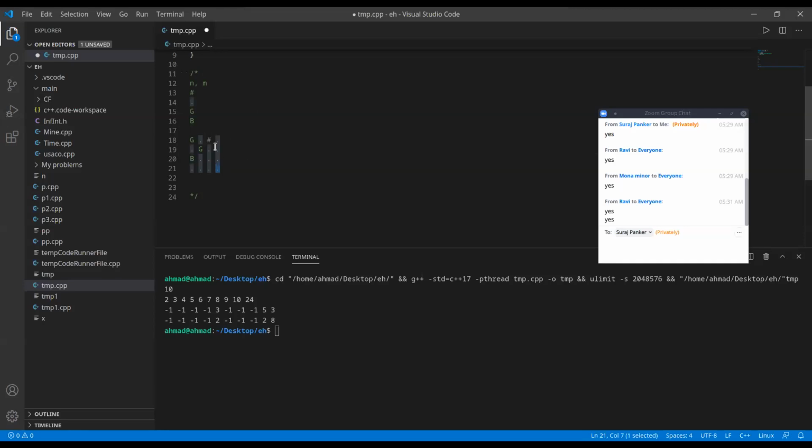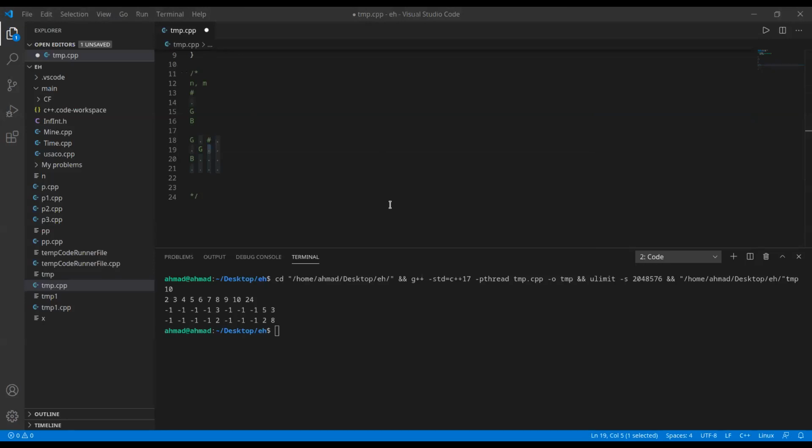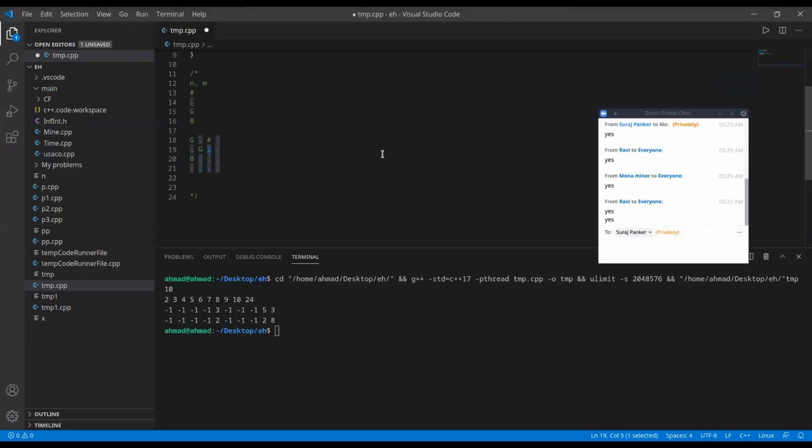How could we modify it? The problem says that we could put a wall on any cell. Of course, it should be empty. So we could put a wall here, here, or anywhere. For this particular matrix, we could put walls around this bad person. To modify this matrix, we would put three walls here. So now we are sure that this bad person cannot move, and all the good persons will reach the end.